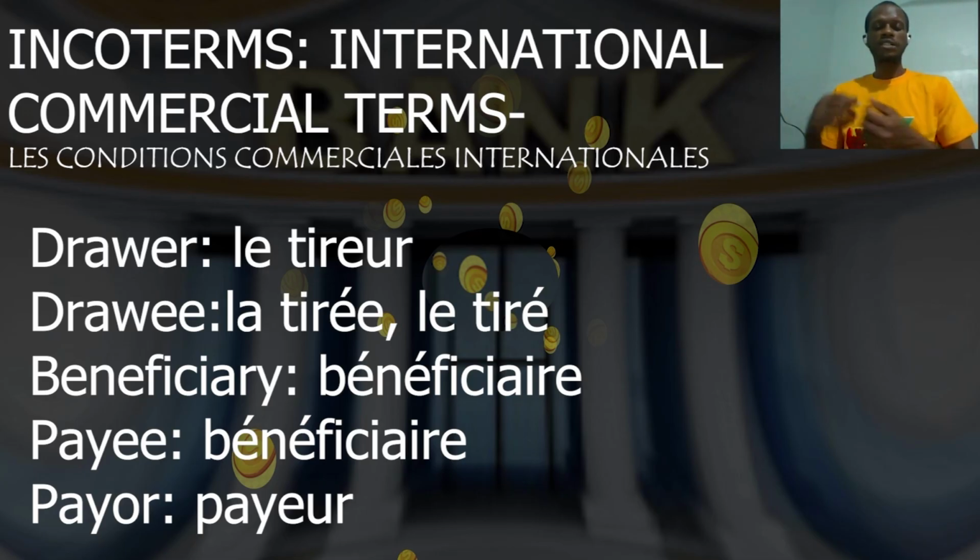The beneficiary is the person benefiting from the payment. Like the order has been given to the bank where we have the client's bank account to pay that person, the third party. That is the beneficiary. So the payee is the beneficiary, that person receiving money. The payer is the bank where the client has his bank account and he owes money to the first party, like the drawer, the one ordering him or giving him instruction to pay another person, based on instruction, the third party.